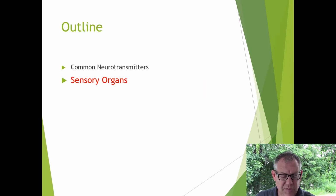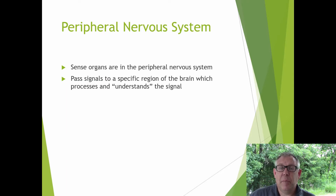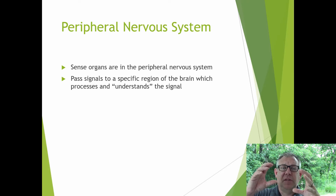So obviously we're going to talk about sensory organs. These are in the peripheral nervous system, right? They're going to collect data and send signals to the central nervous system. Now they're going to pass those signals to specific regions of the brain, and then that part of the brain is going to understand the signal. Right? So again, this is all just neurons passing signals among themselves. But somehow those things come together in a complicated way to create what we know as consciousness and to process